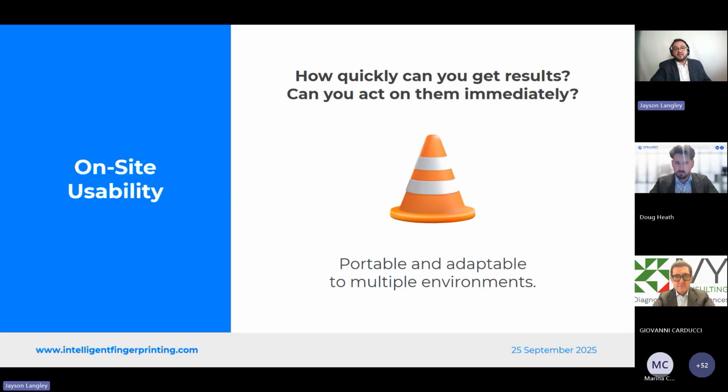Next, let's explore on-site usability. So can this test be used in the field? Is it portable? How much training is needed to administer the test? Not every work site has access to clinical facilities, or some might not even have access